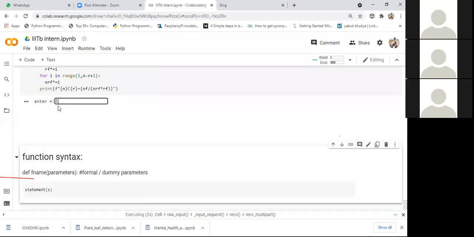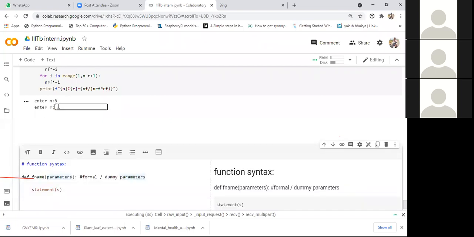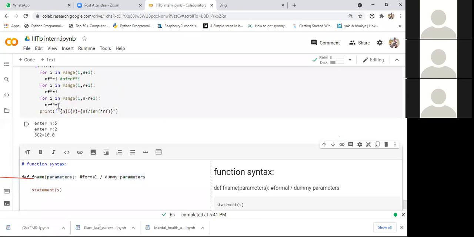Yes, it is asking the n value. I'm giving 5. It's asking the r value, 2. Yes, 5C2, which is nothing but 10 only. If you want to calculate, you can calculate. It's the program. Why I wrote this program is, next you need to solve this program by using functions. After finishing the types of functions, you need to solve this problem.